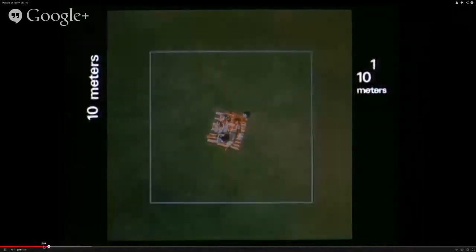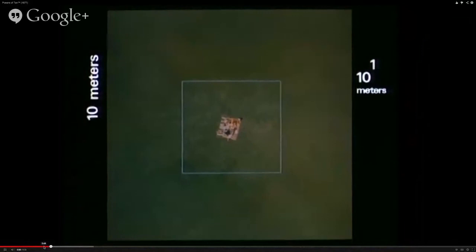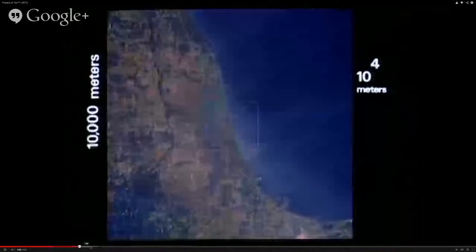So they're adding a zero, basically. Every 10 seconds, instead of a meter, then they're at 10 meters, and then 100. But you can see, as we zoom way out here,